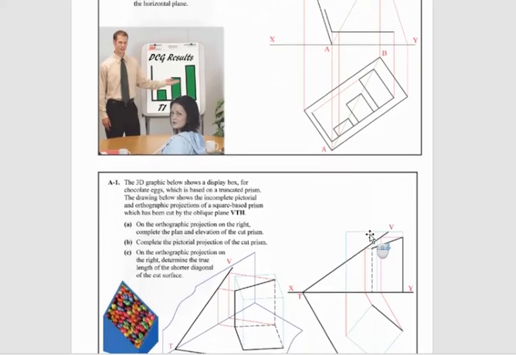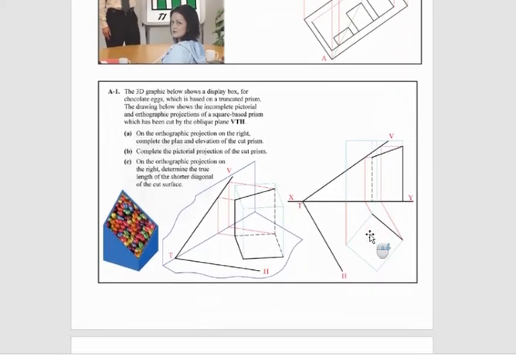Now the next question here, the next short question here, is a more traditional oblique plane question where you're given the traces, you're given some of the elevation and plan completed. What you have to do in this case here is to complete the rest of it. So it's a matter of bringing up our points parallel to HT in plan, bring them onto VT, bringing them across and find them. So the first part of this here is to complete the elevation and plan of the